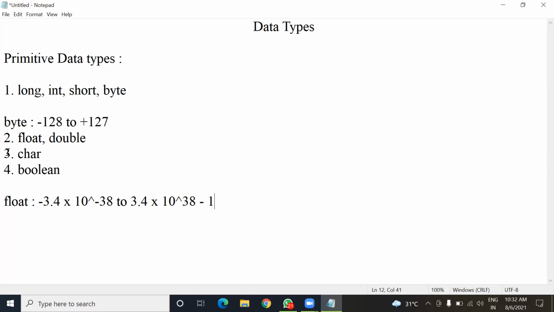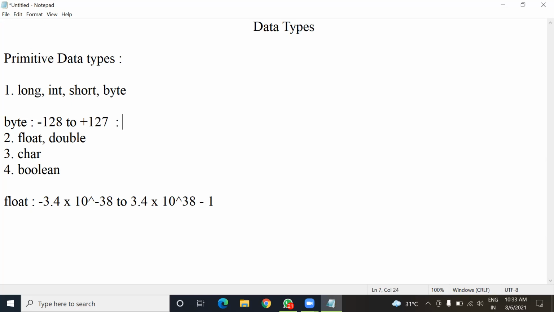Let's look at this information a little more deeply. What is the size of byte? 8 bits. Now see how this range came from the 8-bit size. It supports -128 to +127.